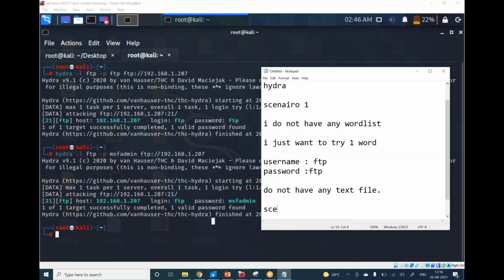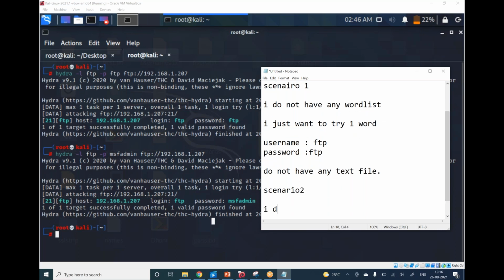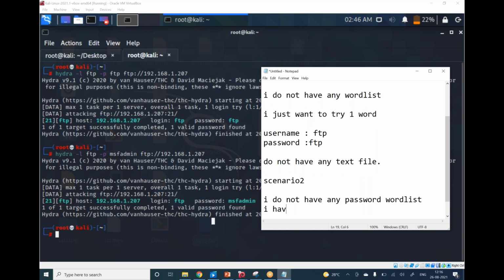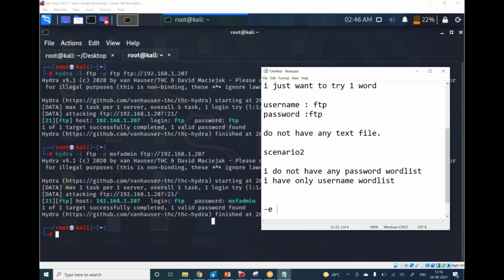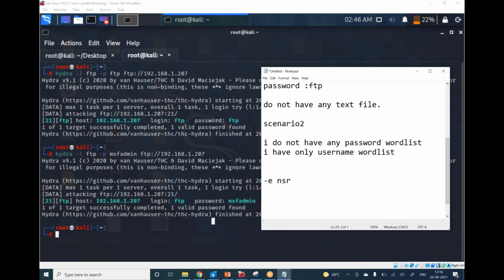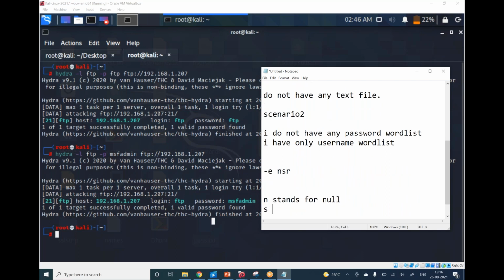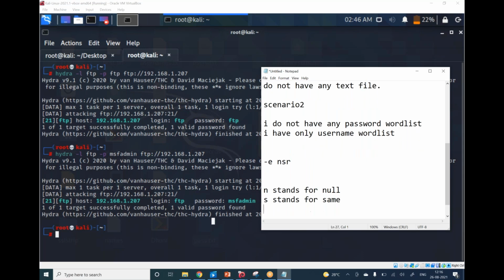Scenario 2, I do not have any password word list. I have only a username word list. Then what I will do, there's a syntax called -e nsr. Now what does n stand for? N stands for null, s stands for same, r stands for reverse.